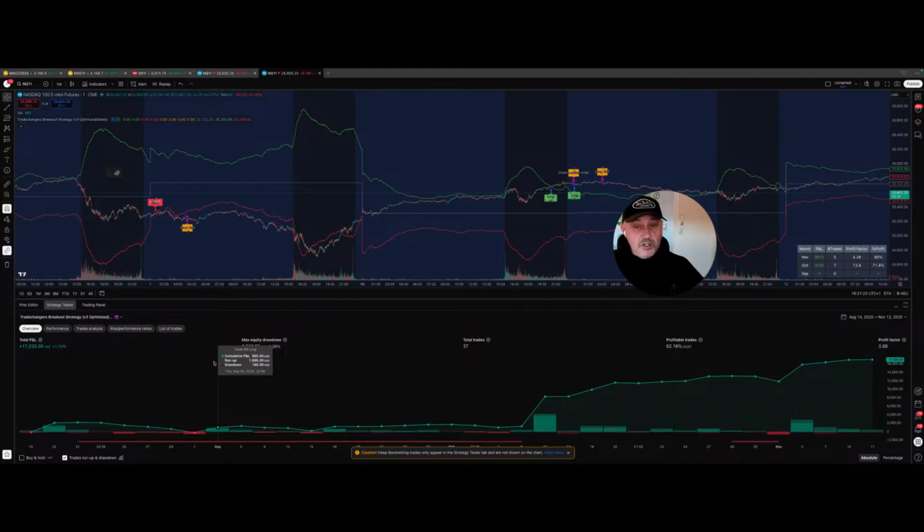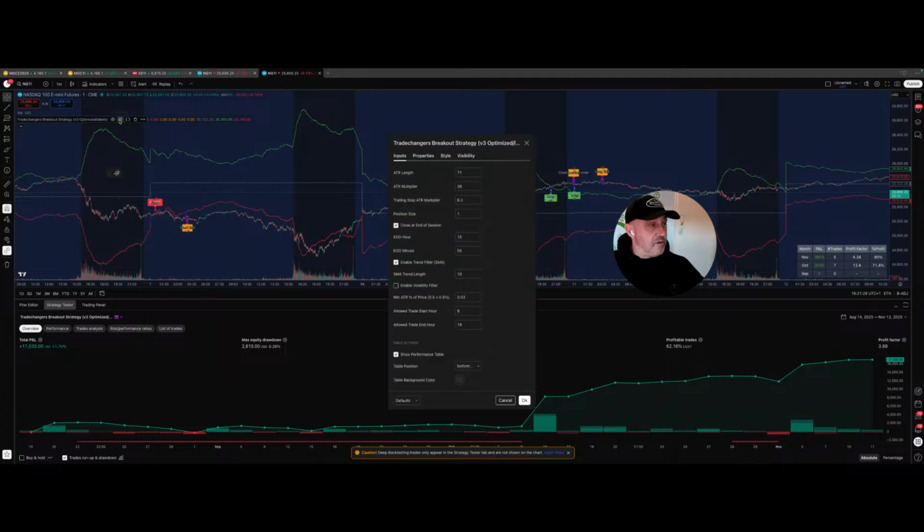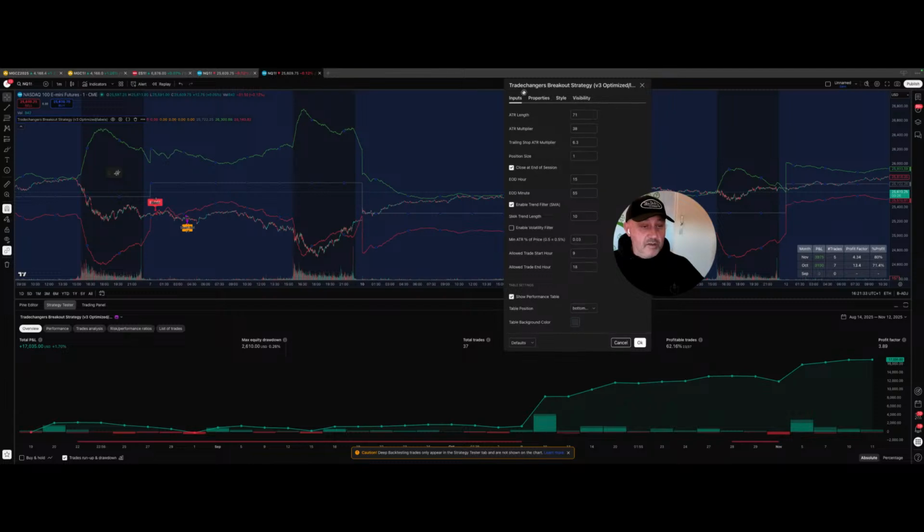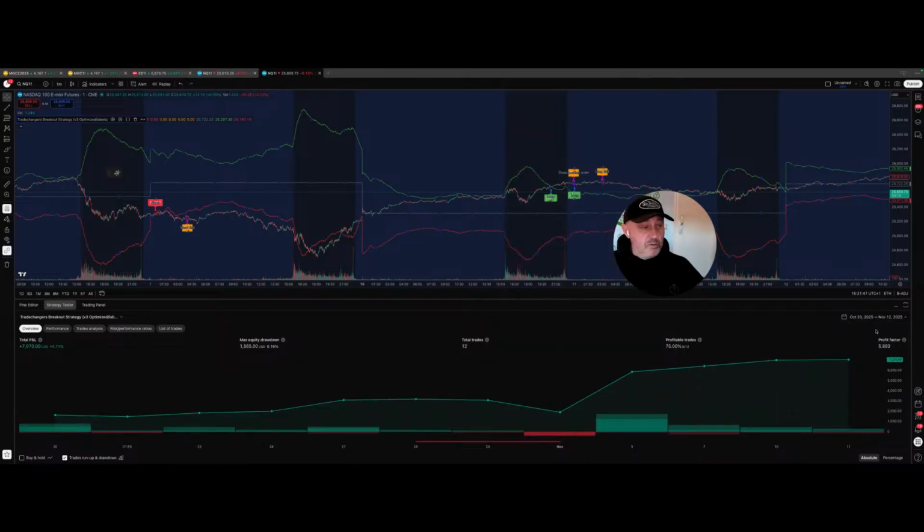Because what you're doing once a week, you go here to the settings area. So let's go to the settings area in here, and you can check if it still meets the market conditions. Maybe you can improve the strategy by just changing the ATR length. Just watch the numbers here, what's happening. I have to go back to show you first. So when I go back here,